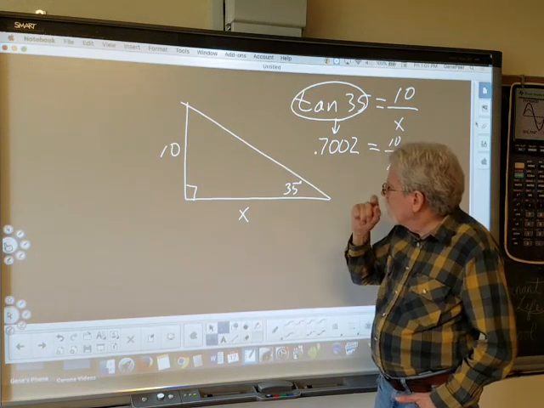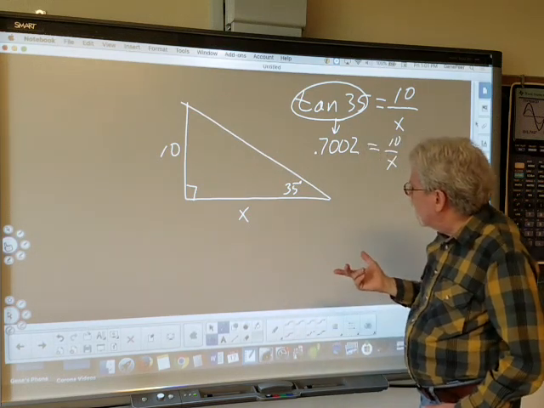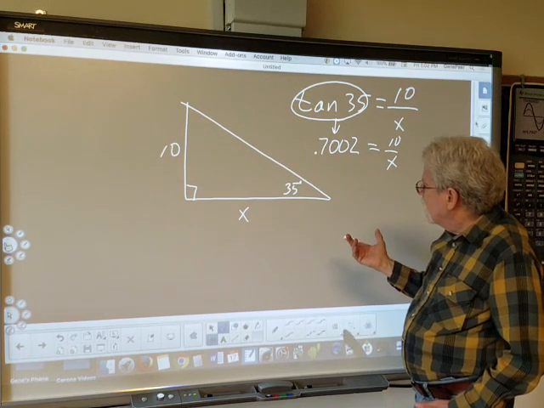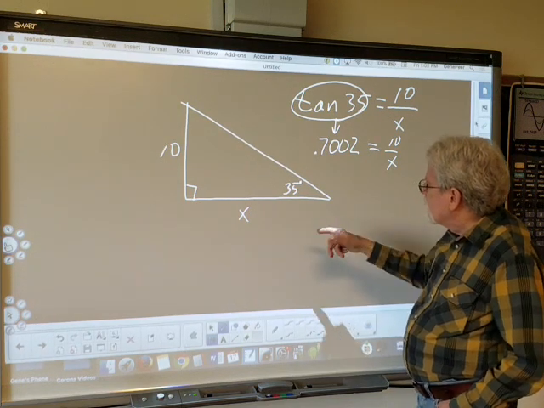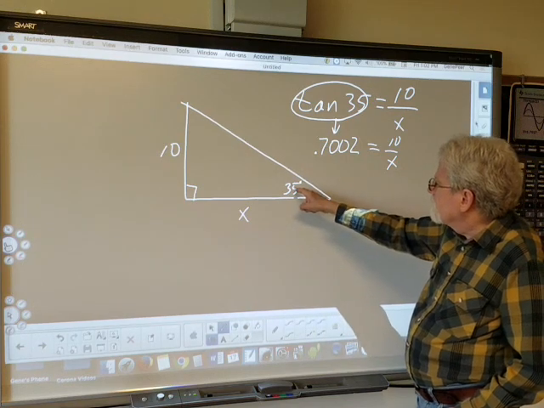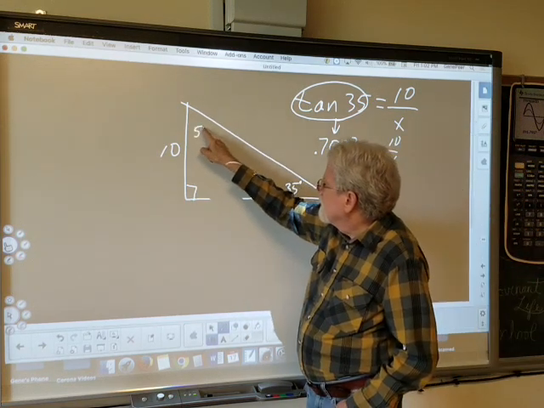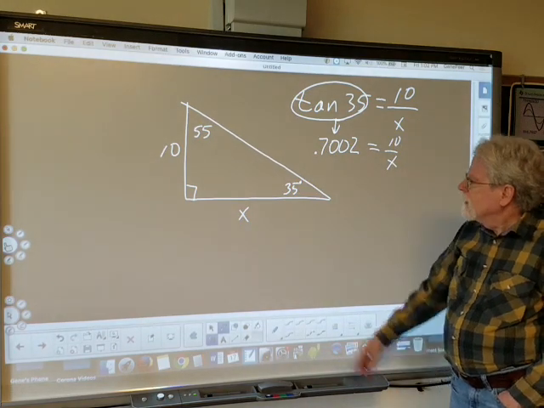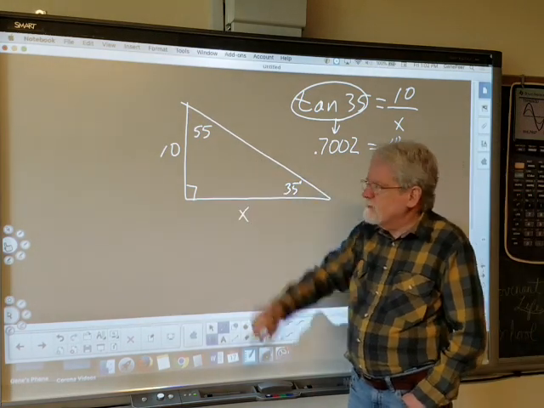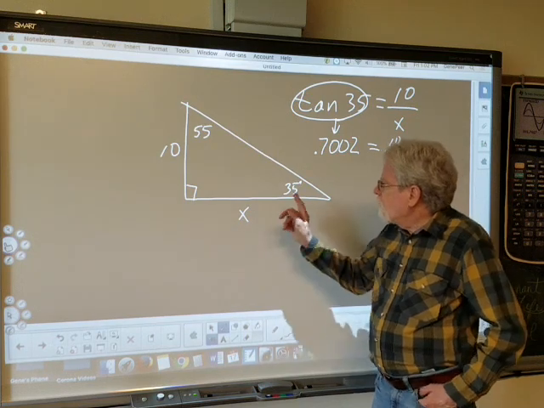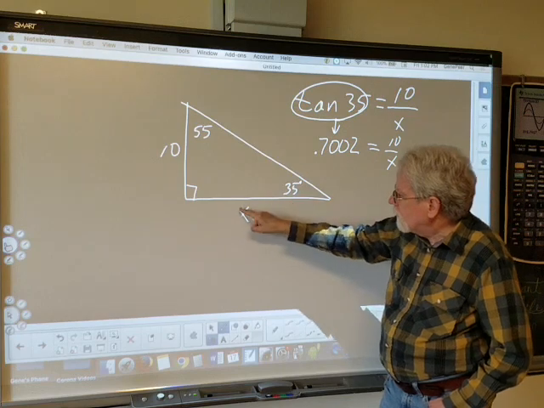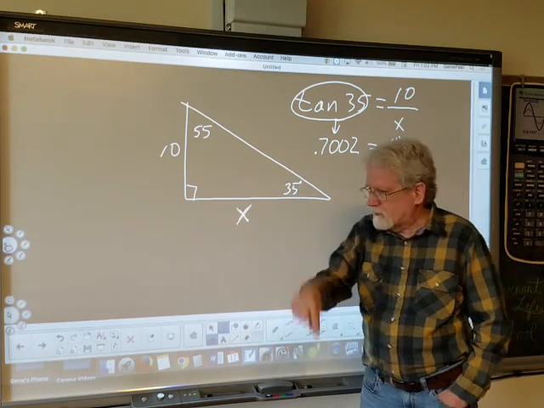And looking at that number and thinking about a number I used earlier today, I might have said something silly earlier. But if that's 35, this has to be 55. If I said 65 earlier, I was dreaming. If that's 35, that has to be 55. So if you don't like having the opposite over adjacent, if you don't like having the x in the denominator,